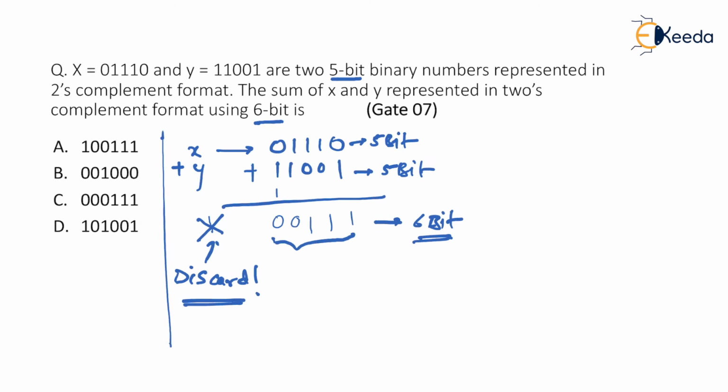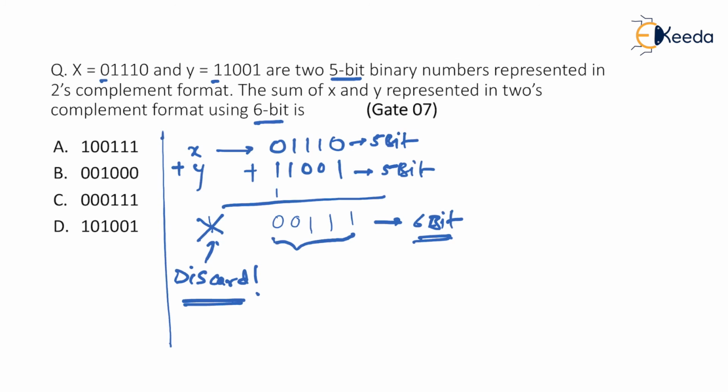But then students may get a question, sir, how do we know that we are subtracting? We have only done addition. Let me remind you, MSB of x is 0, indicates it's a positive number. MSB of y is 1, it indicates it's a negative number. So even though you are adding them, you know that a positive number when added with a negative number is indirectly a subtraction. So your carry has to be discarded always. So please don't forget that we discard the carry.